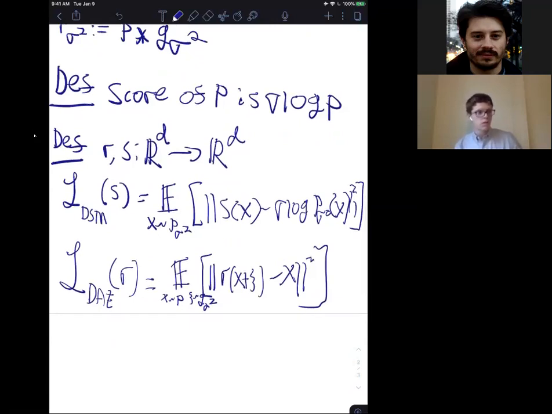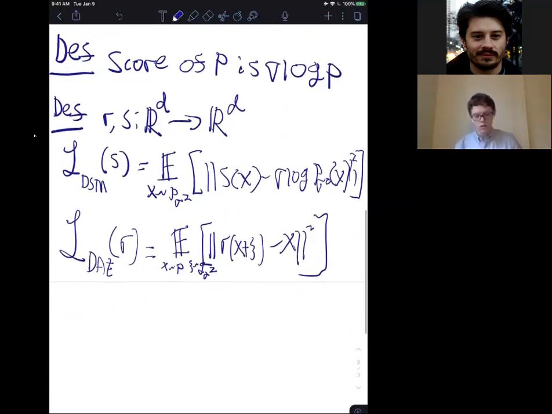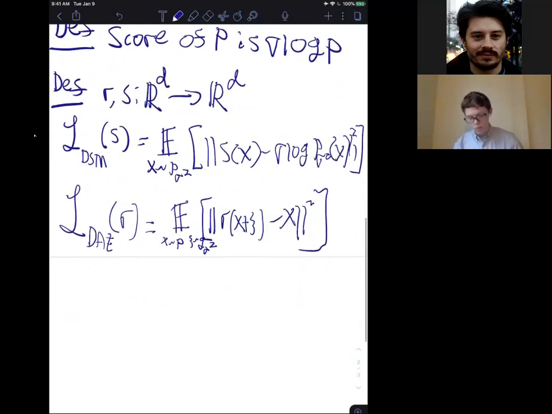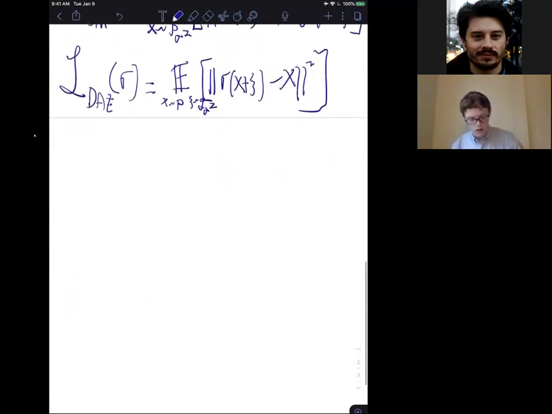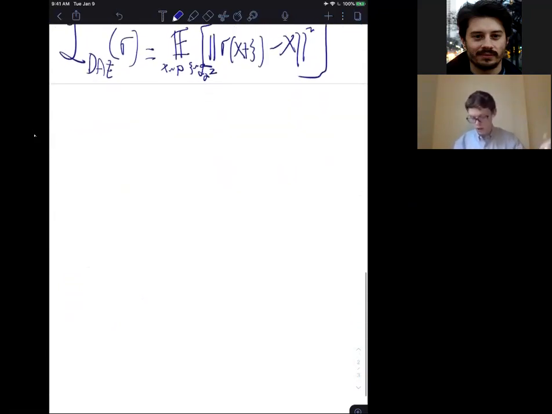I believe the first relation was noticed by Pascal Vincent in like 2008, and then Alain and Bengio wrote a paper that examined asymptotically, as the amount of noise goes to zero, how this interacts with the score. But we actually have a non-asymptotic version, which is that we can relate these two losses, and in fact they're equivalent up to an affine transformation. And so what I mean by that